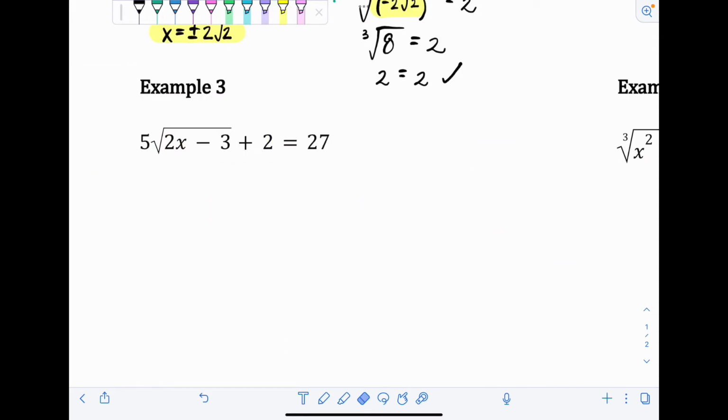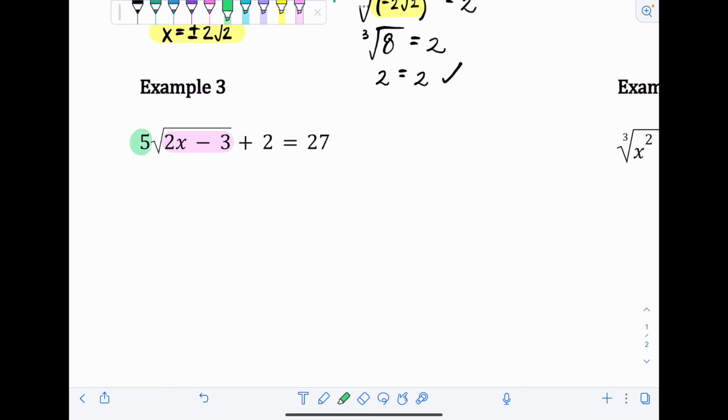So example 3: 5 times the square root of 2x minus 3, plus 2, is equal to 27. So we have another radical. We're eventually going to want to cancel it out. But before we can cancel out the radical, we want to try to make sure it's as isolated as possible. So right here, the radical is the square root of 2x minus 3